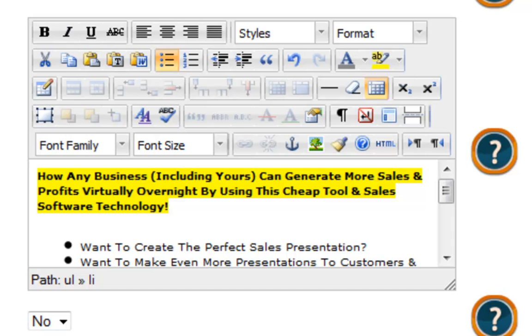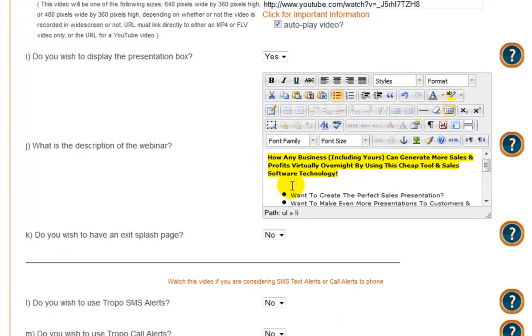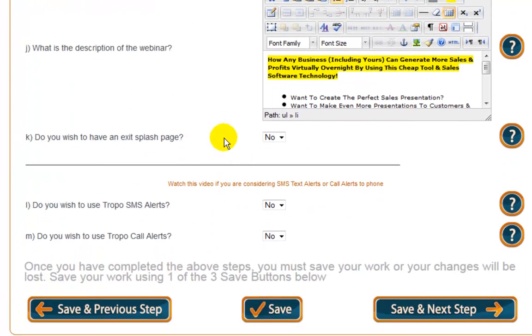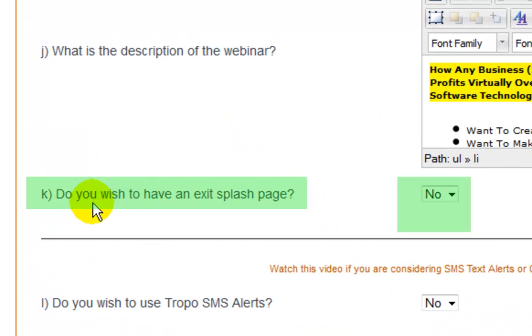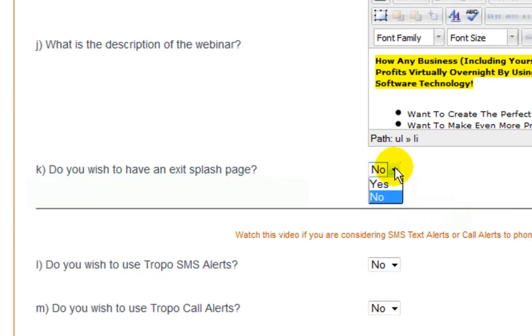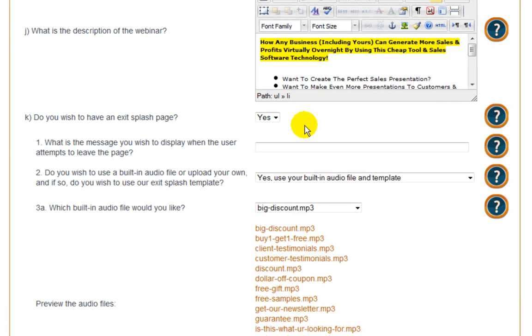So let's go over here. And by the way, you're going to see what this looks like when this is all done. We started from scratch here. We're going to show you a mind-blowing webinar that's all set up, that has exit splash pages, registration pages. It's got opt-in forms. It's got everything all created by the end of this demonstration. Okay, now this right here, number K. Do you wish to have an exit splash page? Oh, yes, we do. And exit splash pages